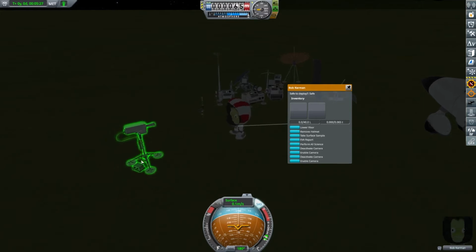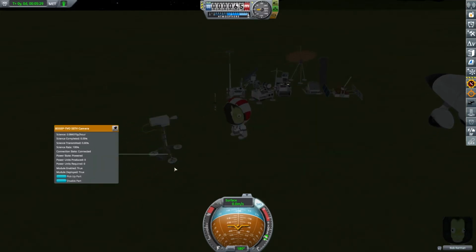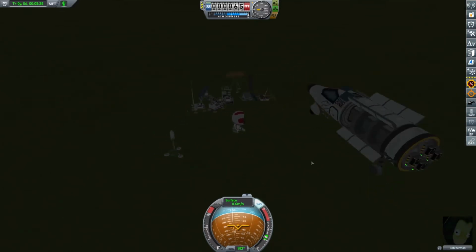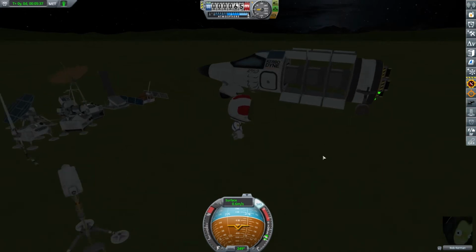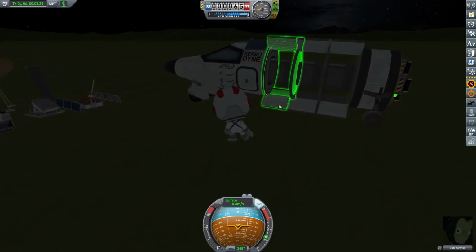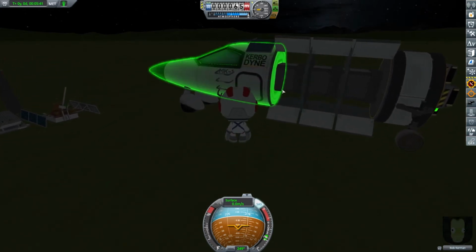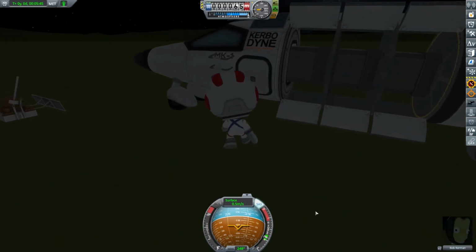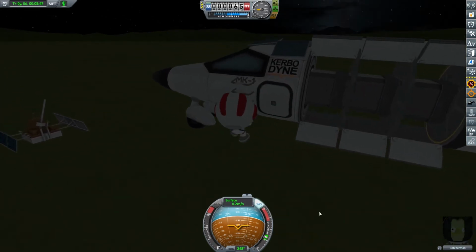This one should still be working though, right? Yeah, this one is still working. Connected, powered. All right, so there we go. So now we're going to get a little bit more science from there. So we're going to go ahead and close this puppy up. Now, because I'm not in the ship, I can only close these one at a time. But as soon as we get in here,